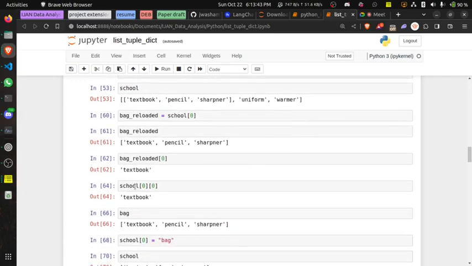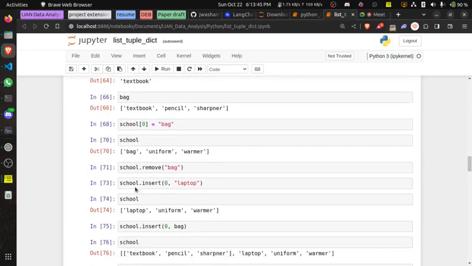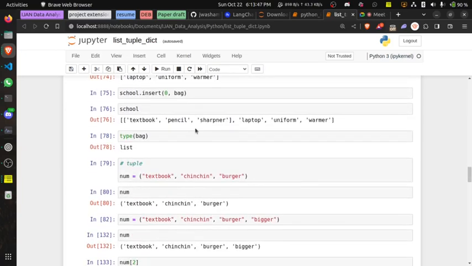Then I think we went to tuple. Then we discussed how with a tuple you can perform some things. So like a list, with a tuple you can have multiple data types in it, right? But a list has to be enclosed in a square bracket, while a tuple has to be enclosed in parentheses, or curved brackets, right? So that's one of the differences.